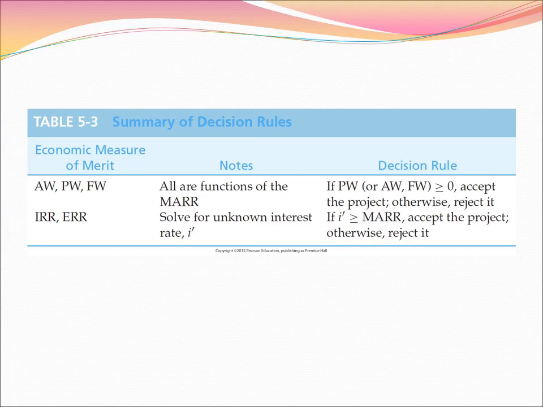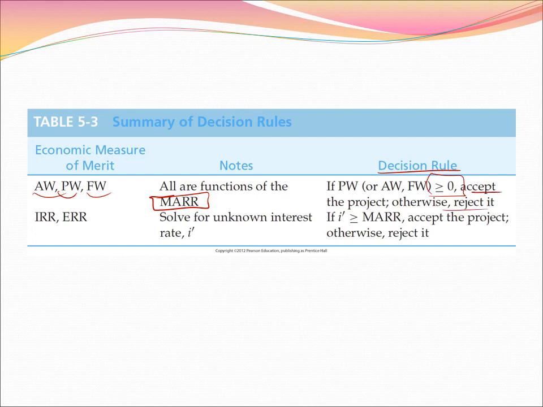So this is the end of this lecture and also the end of this chapter. And simply in this chapter we have learned different measures, different methods to evaluate a single project. We have learned present worth, future worth, annual worth methods, and in all of them we were using MARR as the rate of return, as the interest rate, and we calculated the present worth or annual and future worths. And the decision rule says that if these worths are greater than or equal to 0, we accept the project,